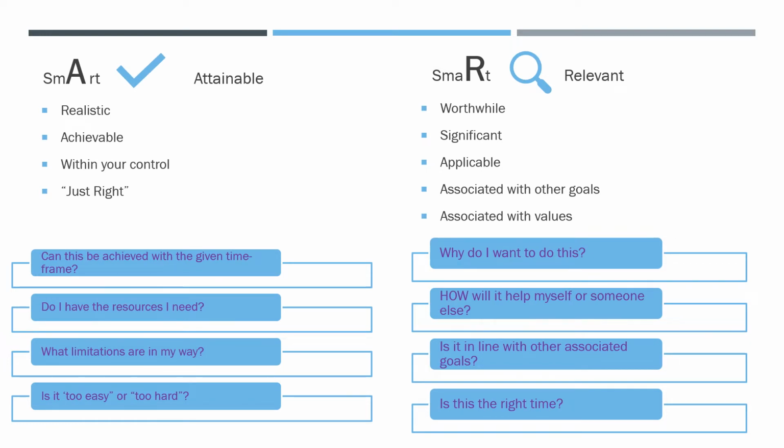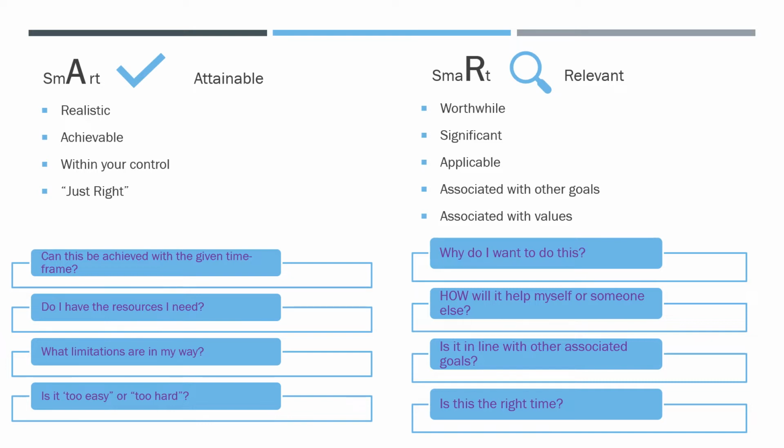Attainable means that it's just right. Not too hot, not too cold, not too easy, not too hard. It's something that you can control. You can only do your own study skills. You can't make somebody else study and get the grade for you. So we want to make sure that it's something that you can do, that it's something within your